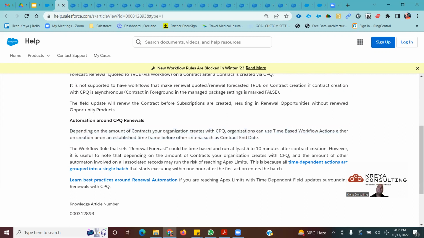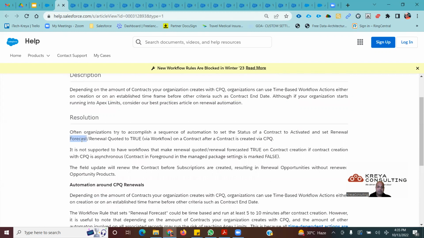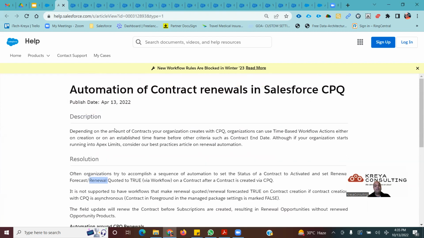So you can discuss with your customer, saying 10 days before, 1 month before, or 3 months before, reading those contract end dates, and set up the time-based workflow. That time-based workflow will automatically set this renewal forecast and renewal quote to true. And further, the CPQ engine will take care of these renewal quotations and renewal opportunities. So this one is with the help of your time-based workflow. Another way,